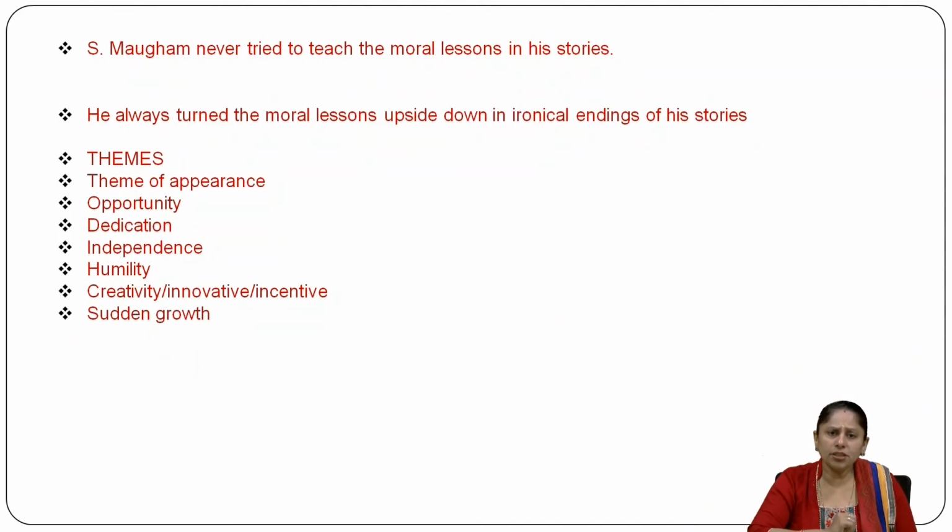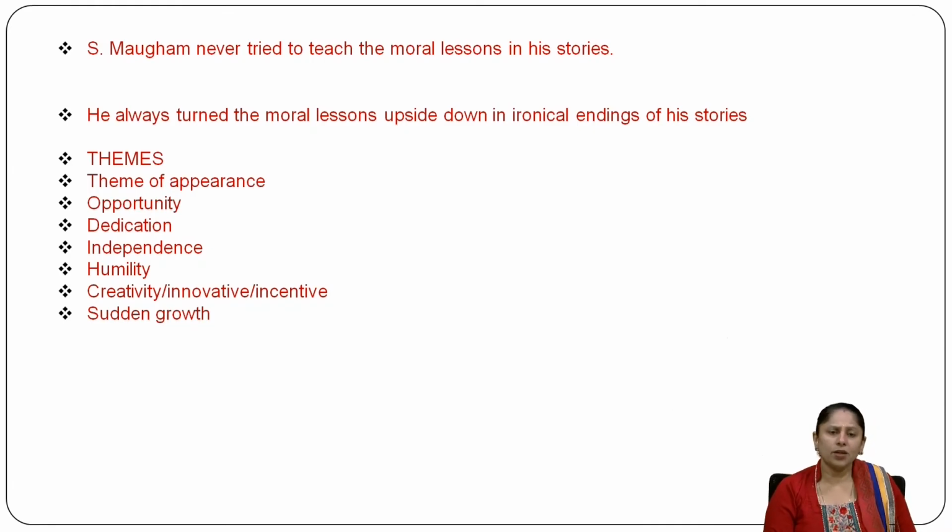Now, Somerset Maugham never tried to teach the moral lessons in his stories. Still, there are certain themes which are displayed over here. He always turned the moral lessons upside down in ironical endings of his stories. Look, here there is an ironical end when he discusses that an uneducated, illiterate person also gets the success, power, money, wealth, and even reputation and popularity, though he was not educated. The themes mentioned over here are appearance, opportunity, dedication, independence, humility, creativity, innovative, incentive ideas, and sudden